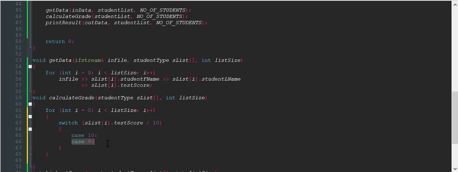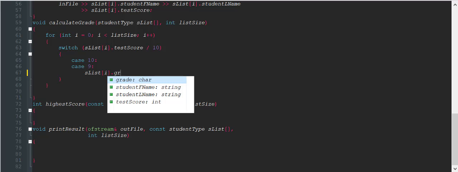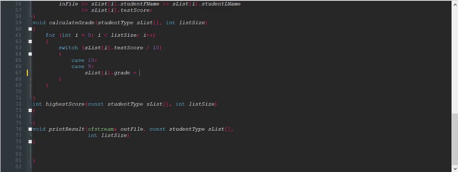Case 9, and now in this case then we write in s list, and after you write in calculate grade list i, you make sure you write in index i, in case you write in dot grade equal to